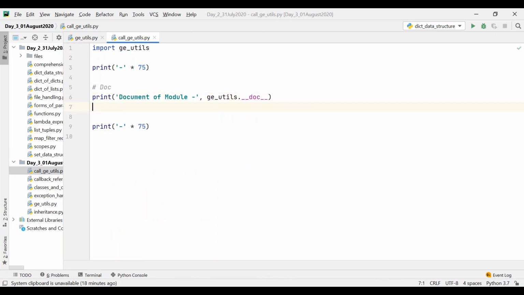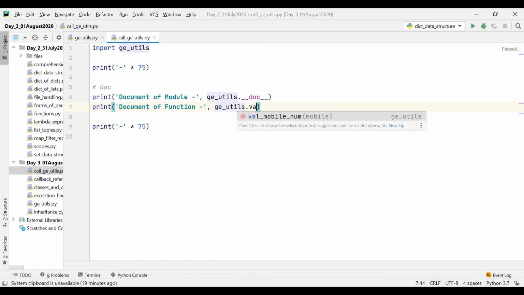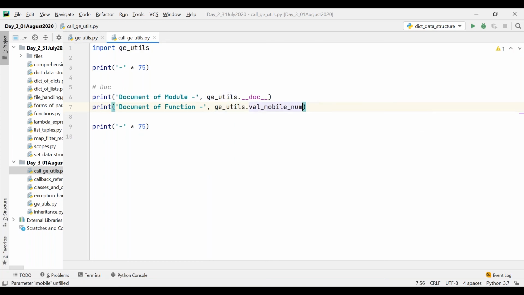Also, let's see the documentation of a function. In order to access the function documentation, I have to say ge_utils.val_mobile_num.__doc__.